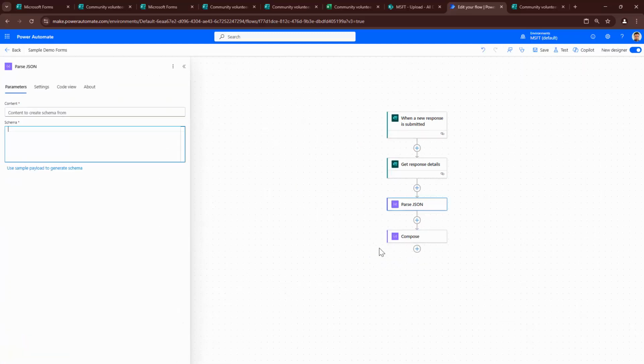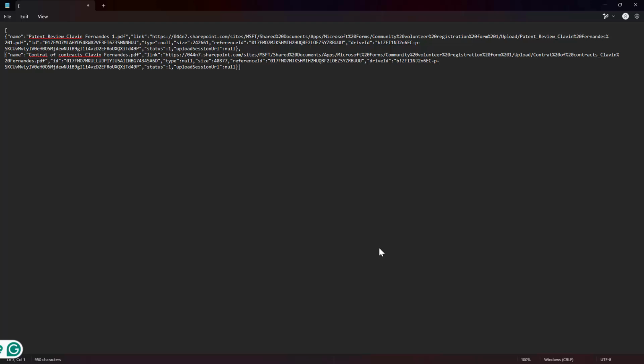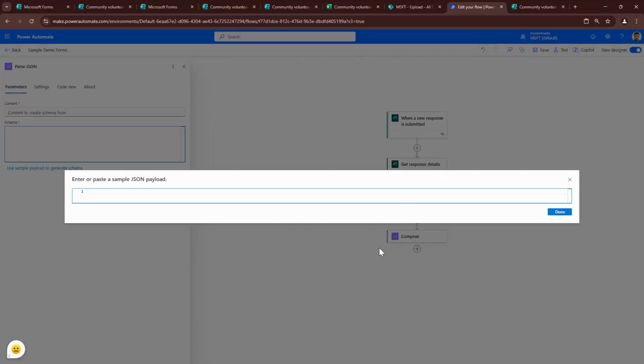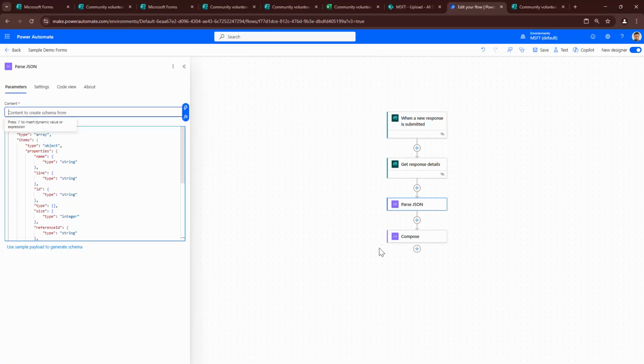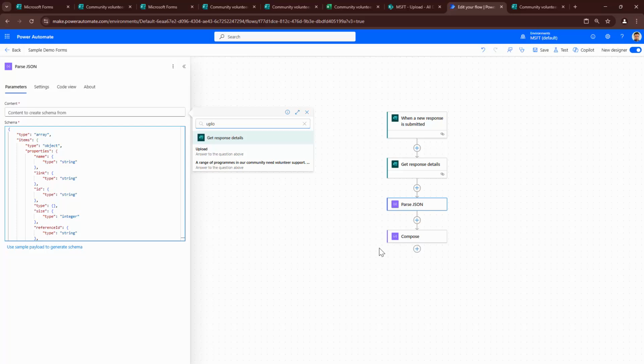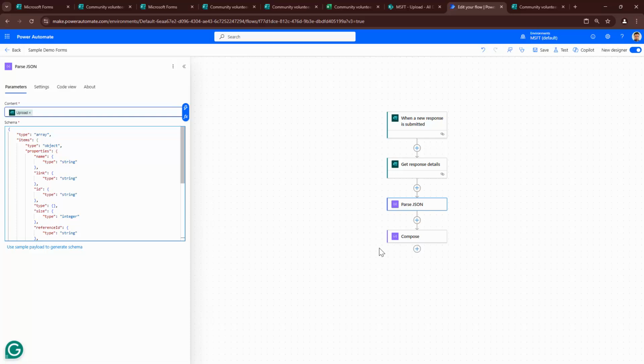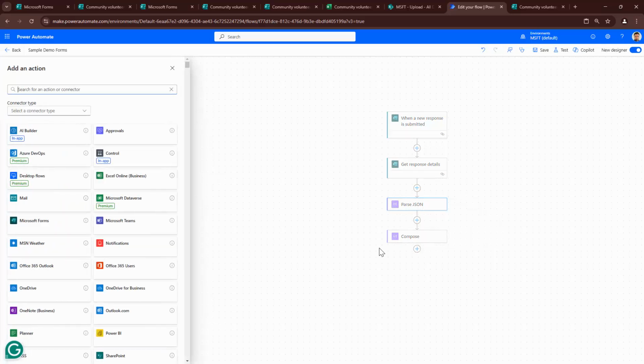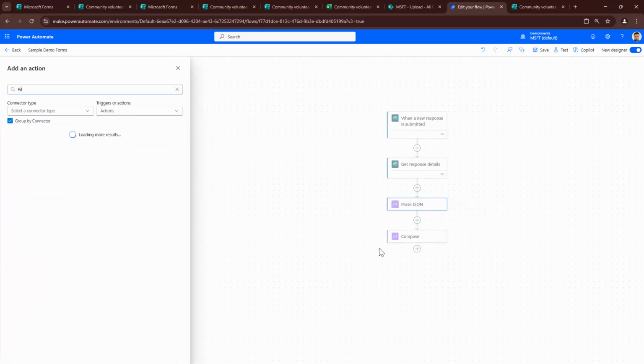I have this out here, and I'm going to copy this. If you have double quotes at the end, please get rid of it. And I'm going to generate a schema out here, and I'll say done. So this gives me the schema, and here I'm going to say upload, right? This is what I need. This is good. This will return me the files. What I want to do is get the file contents out of it so that I can attach it